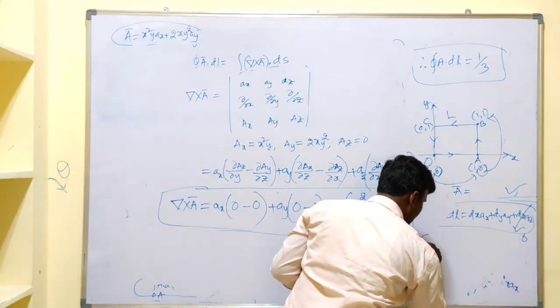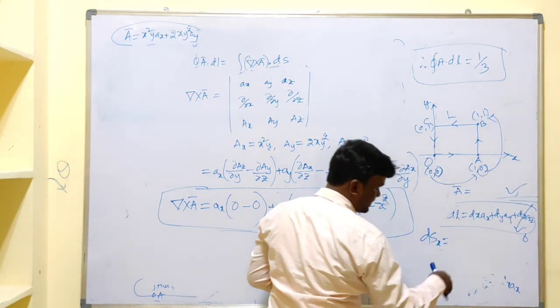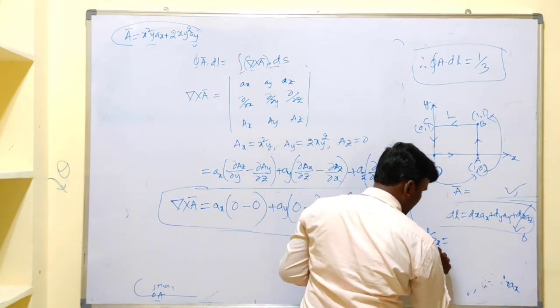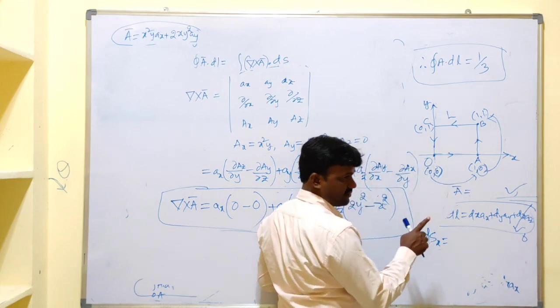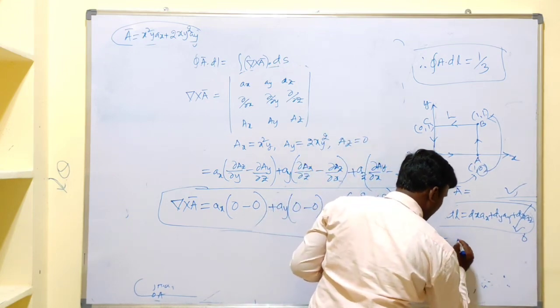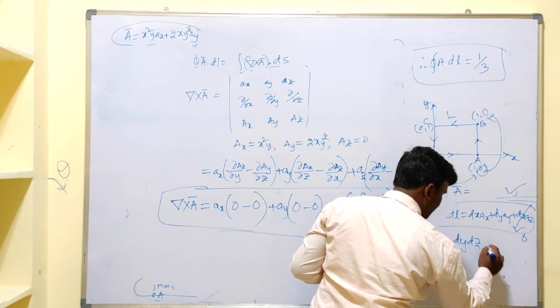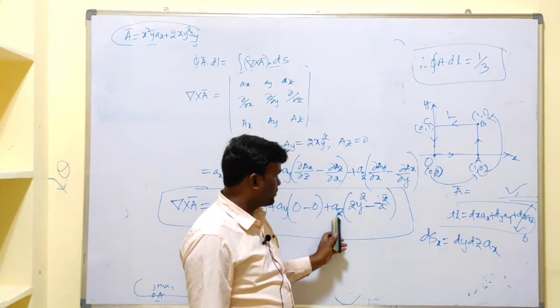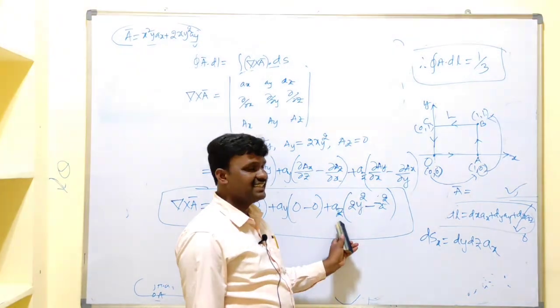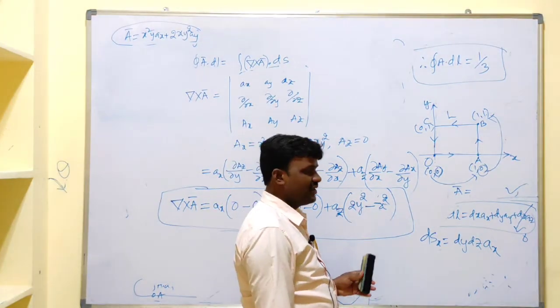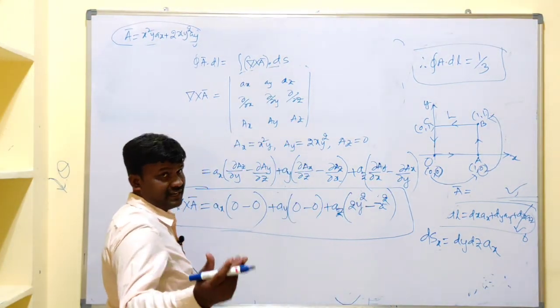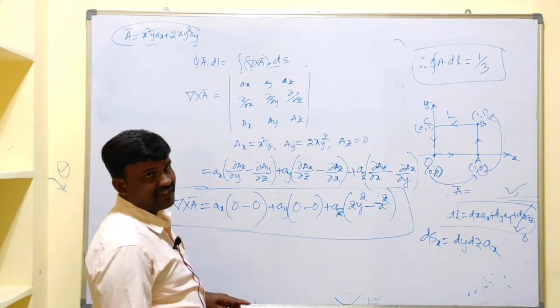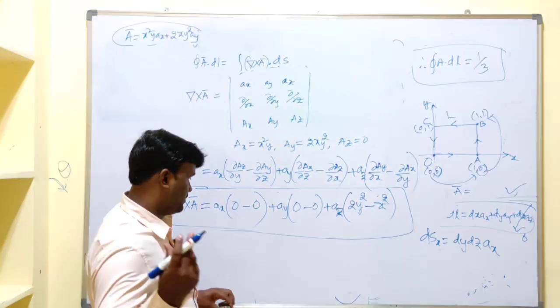Already we discussed differential surface area along x is nothing but what? Okay, differential surface area normal to x, not along x. Except x, you need to multiply the remaining two, that is dy dz into ax. Here this surface area is normal to az, so that's why like this. Az is a unit vector normal to the xy plane. Ax is a unit vector normal to the yz plane.